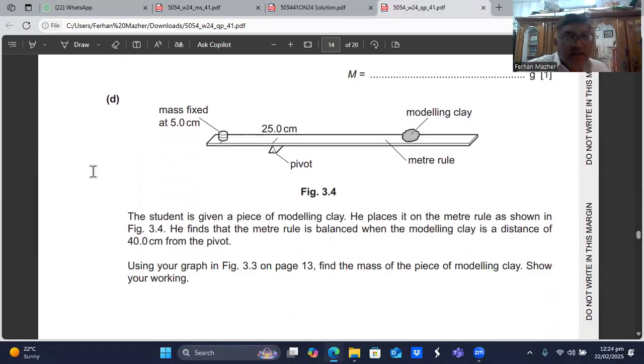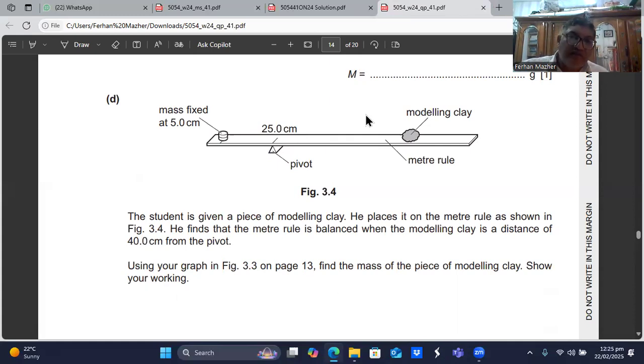Here we have the mass fixed at 5 centimeter. Here we have the pivot. This is a 100 centimeter long rod. Here we have placed the modeling clay. The student is given a piece of modeling clay. He places it on the meter rule as shown in figure 3.4. He finds that the meter rule is balanced when the modeling clay is a distance of 40 centimeter from the pivot. Using your graph in figure 3.3, find the mass of the piece of modeling clay and